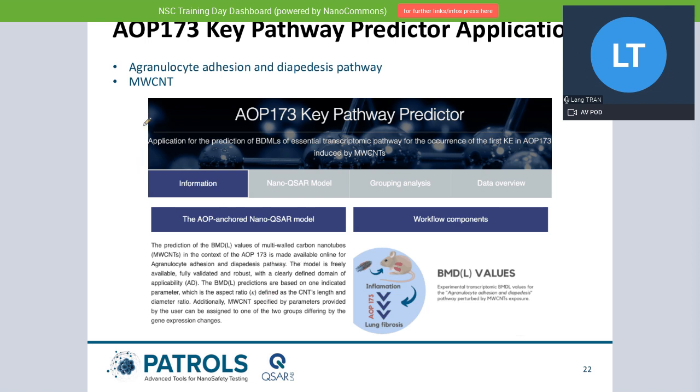Now, they have actually developed this further into something useful. They have given me the link to their work, but they sent it to me only yesterday, and it was too late to be included in this talk. But for those who are interested in using this, please contact me, and I will direct you in the right way. So you can actually play around with this thing. It's the first time that we use a tool to actually quantify this AOP, as you see.